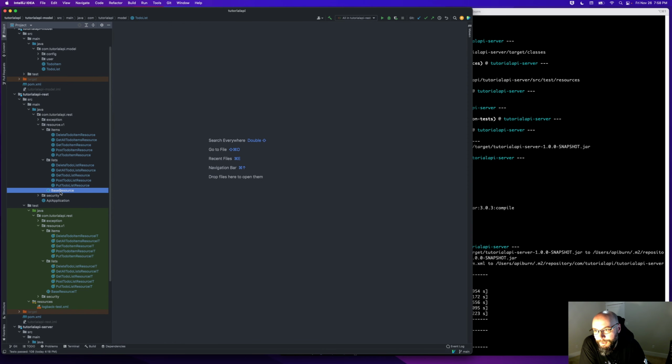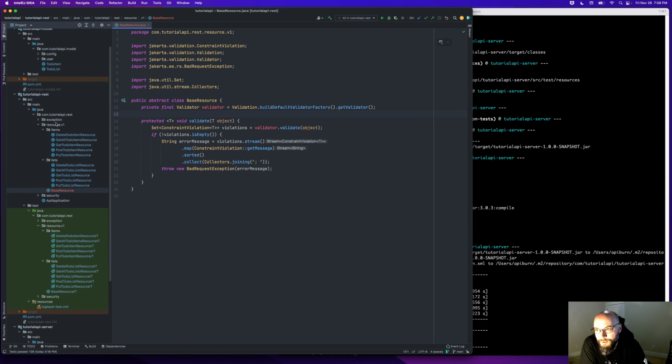I went ahead and created a base resource class that all of our other resources can extend, and I moved the validation into it. I've got our validator object created here, and then I added a parameterized validate method that can take in either to-do items or to-do lists and run the validation on them, and then generate a bad request exception